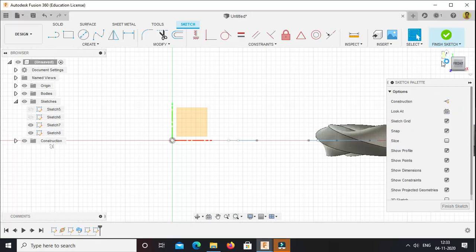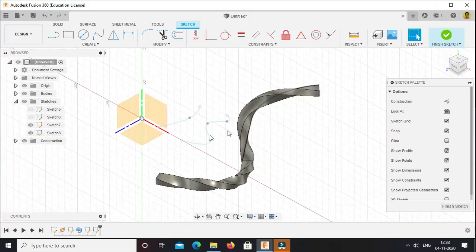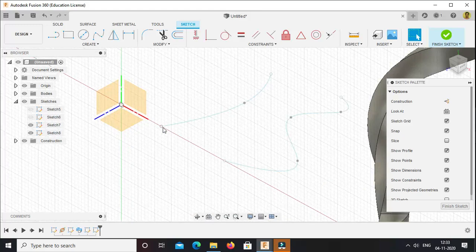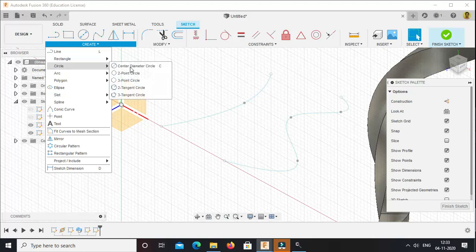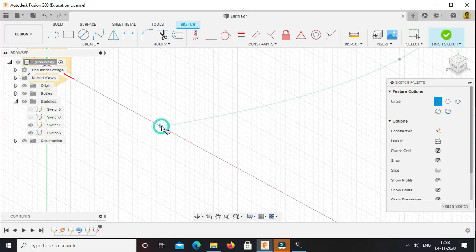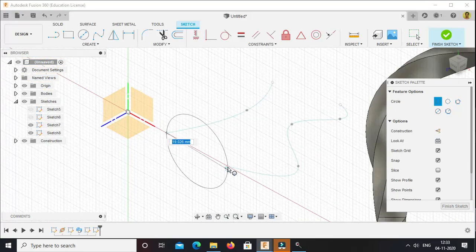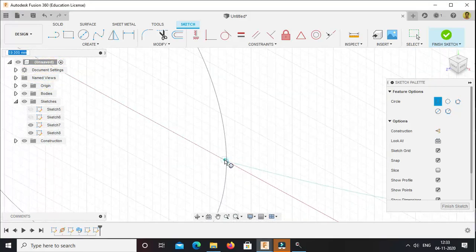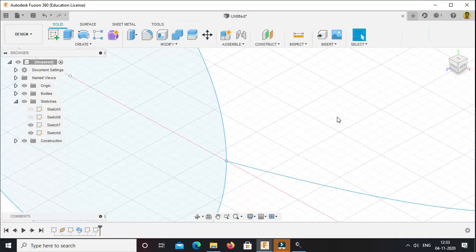First of all, select the view. I want to draw a circle through these 2 points, so I select the 2-point circle option, select this as one point and this as the second point. Now finish this sketch mode.